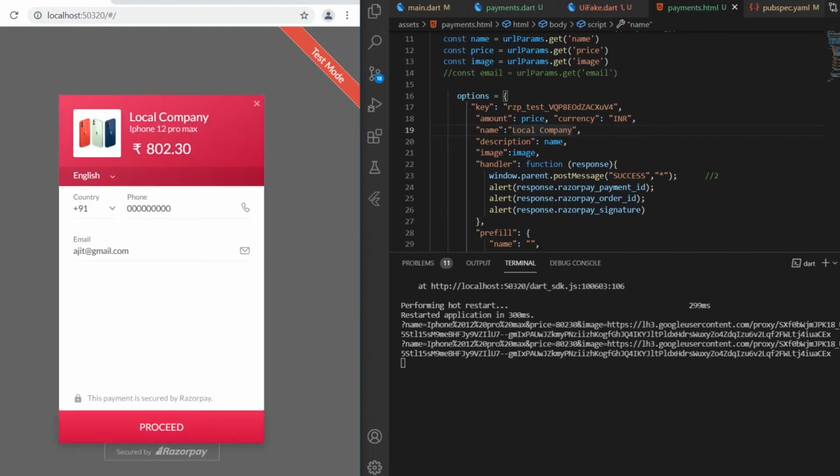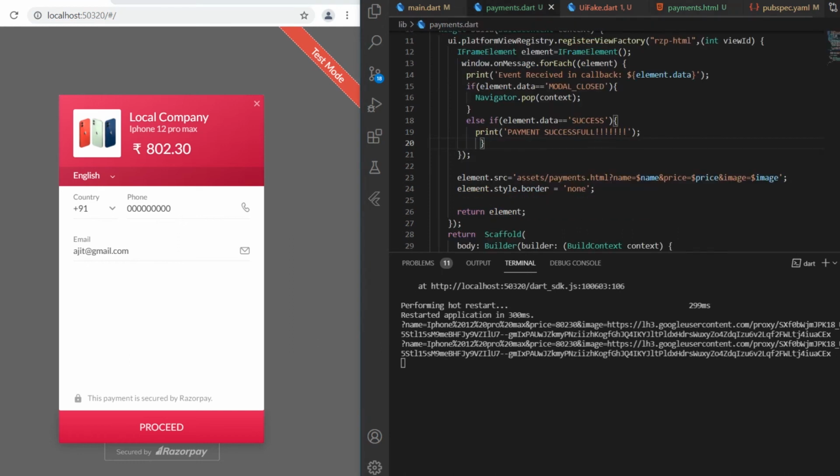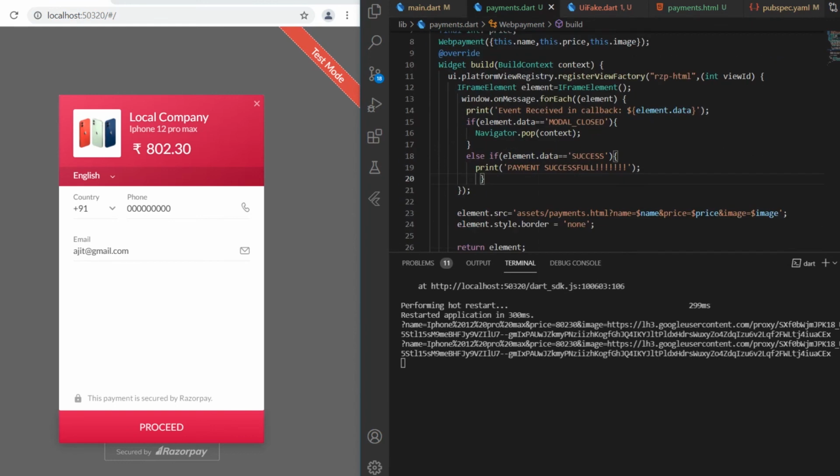Yeah, now you are getting that product image and product name, iPhone 12 Pro Max, but the price you are getting is only 802 rupees and 30 paise. For that you have to do some operations: in the payment page, you have to multiply the price by 100. That's the logic Razorpay uses. So multiply it by 100 and you will get the real amount.